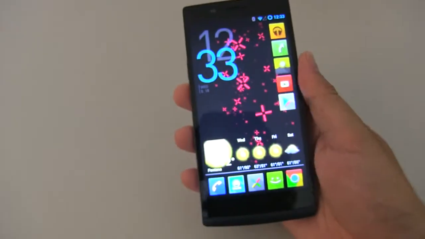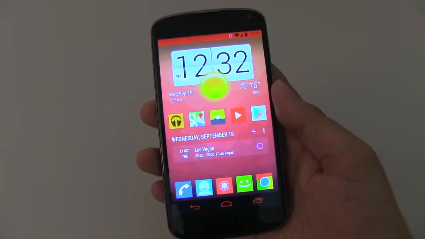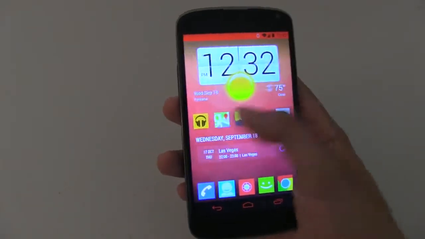Number five, widgets. Widgets are very important. Why? Because even on the lock screen, you can set widgets so that you don't have to unlock the phone and open up an application to check whatever that widget is for. It could be weather, it could be stocks. It really doesn't matter. It's very important, yet Apple says it's not.